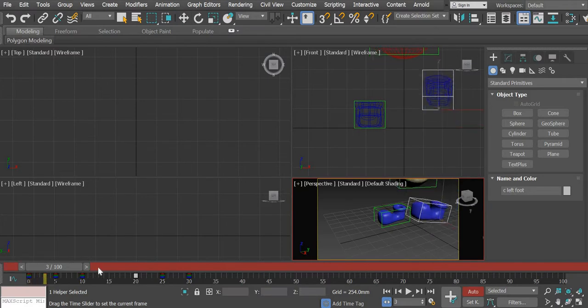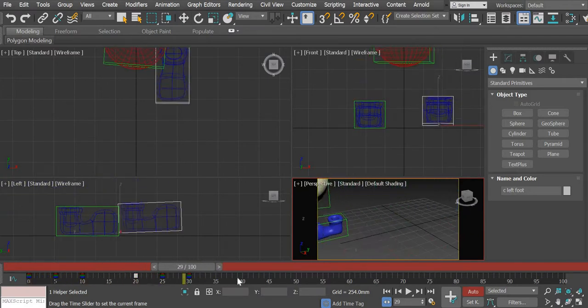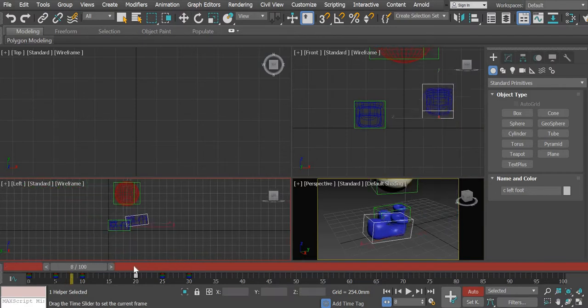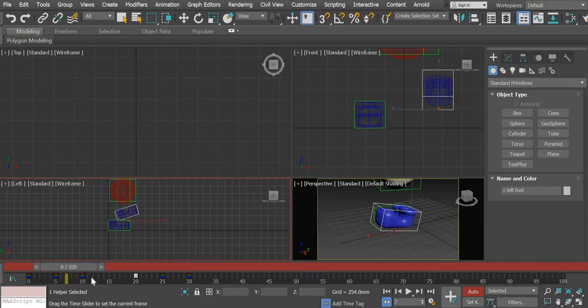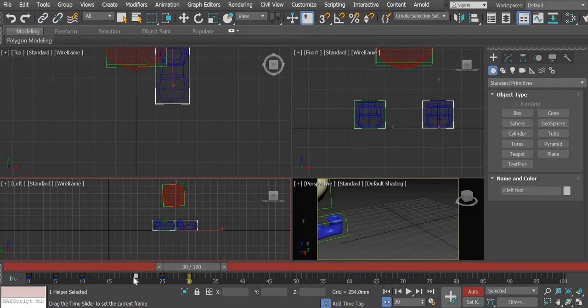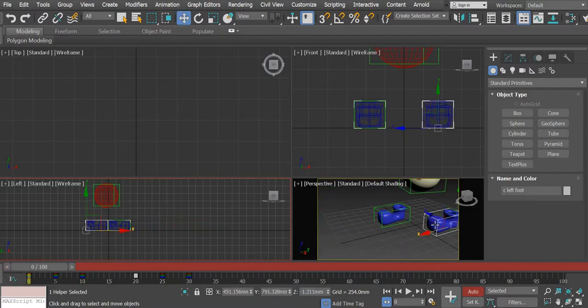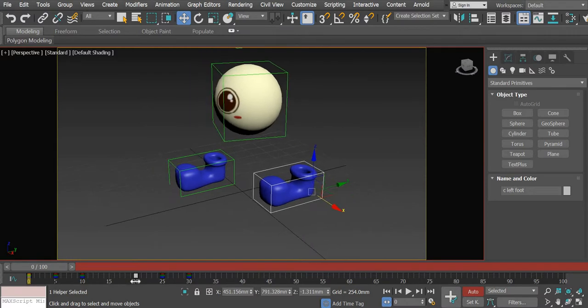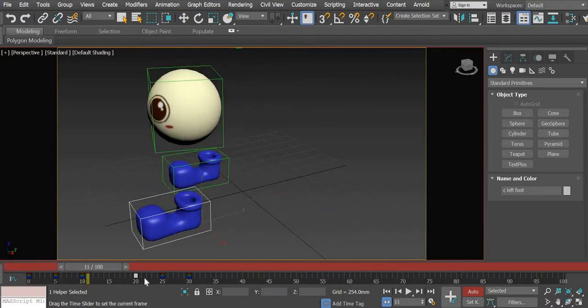So we have to redo our animation because we made the feet longer, shorter I mean. Alright, and because the head is always going to be positioned between the legs, we don't have to worry about